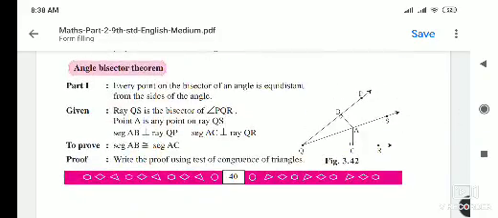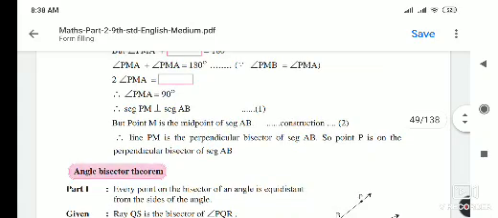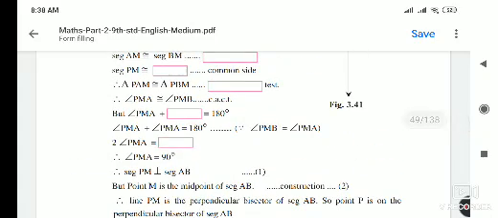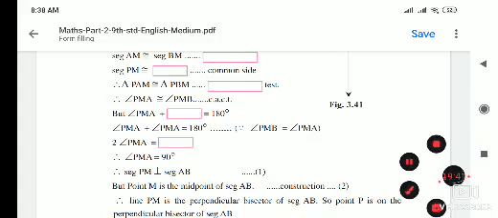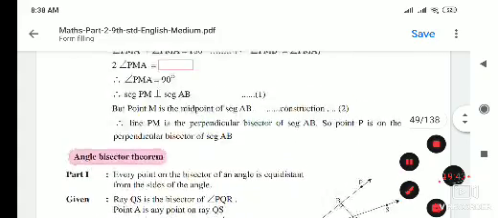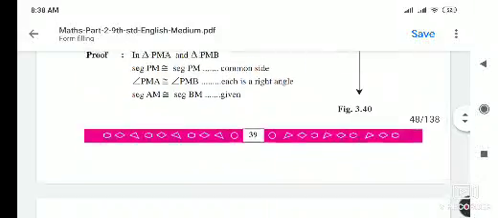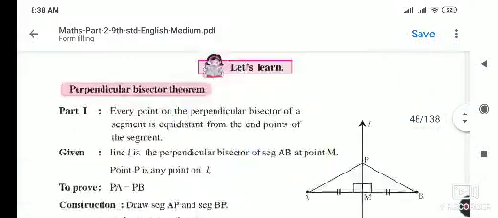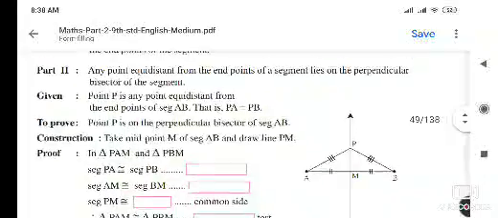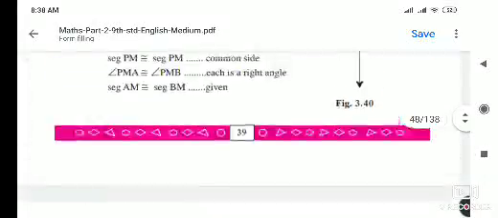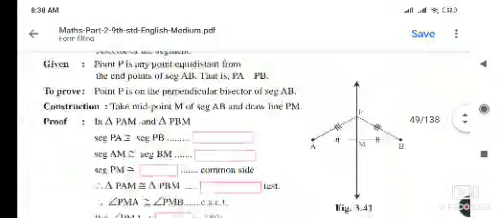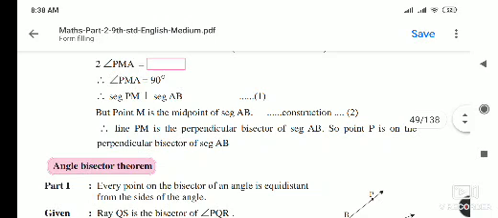Okay, and today we will stop here only. All of you complete this activity and theorem and send it to me, and just do the practice of these theorems for the exam. And we will take the next theorem, that is the angle bisector theorem, tomorrow in our next lecture.